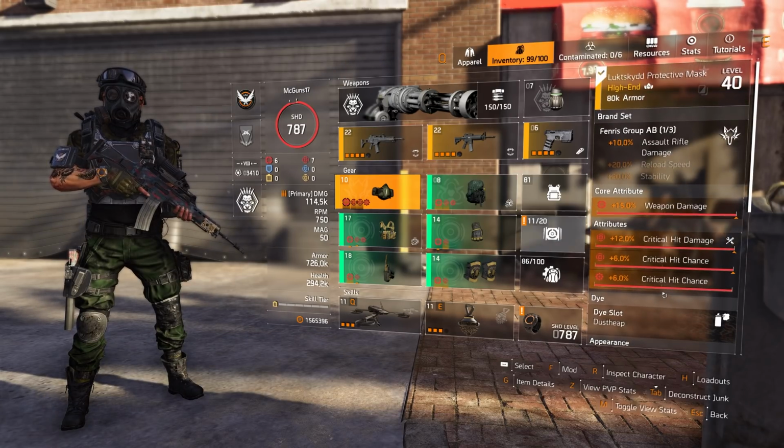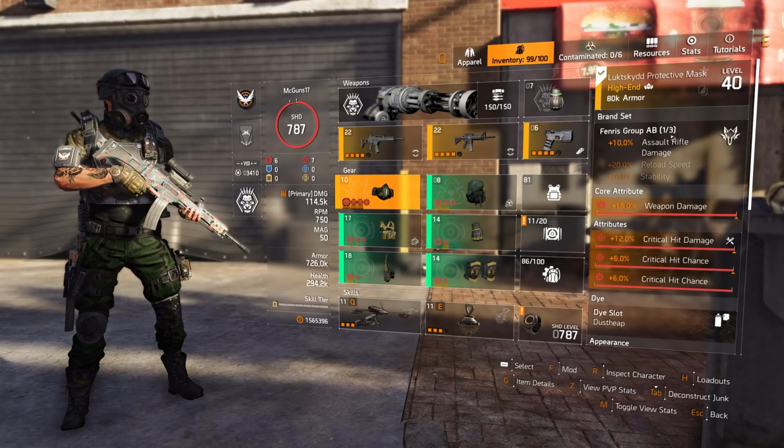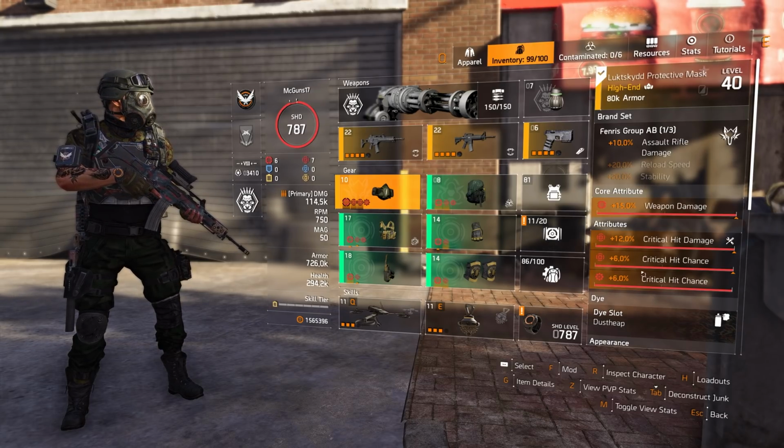The last piece is going to be a Fierce Group AB. Pretty simple. We have an AR for this build, so I have the Fierce Group AB for the 10% assault rifle damage. Then core attribute weapon damage, and the attributes are going to be all critical hit damage and critical hit chance